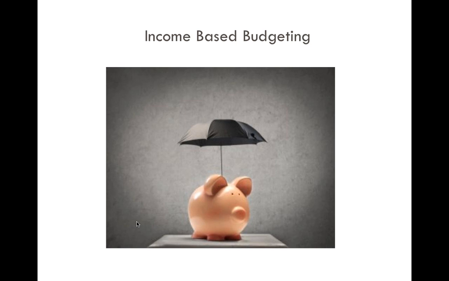Some combination of all of these approaches can be used, and it depends on your circumstances. But there's one called incremental budgeting, and that begins with your prior year totals, and it builds the subsequent year's budget by calculating your percentage increase and decrease. So let's say you had your actuals from 2012 and 2013 and 14. What you could do is look at year to year, line item to line item, what the percentage increase or decrease was for each line item from year to year. And that could help you estimate for, let's say, 2015, how much you should increase or decrease each of those